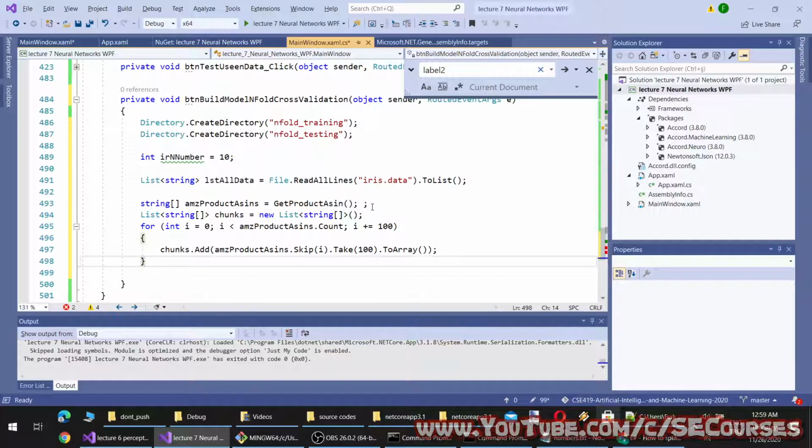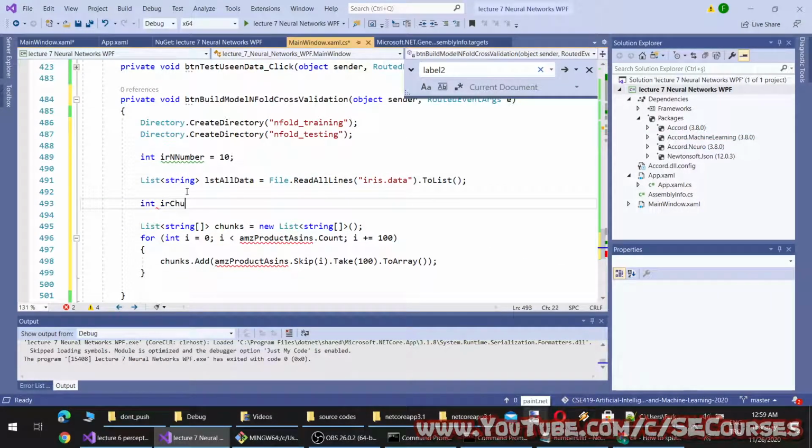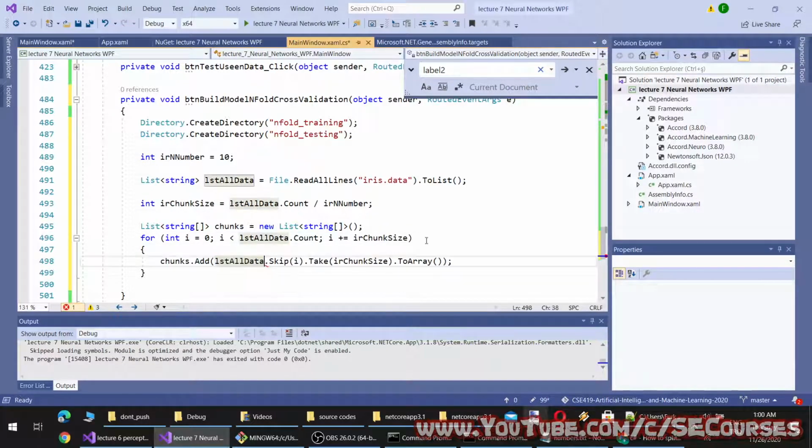I think I can use this string array. Yeah, this should work. Yeah, I need chunk size equal to count over number. Okay, and chunk size, and all data.